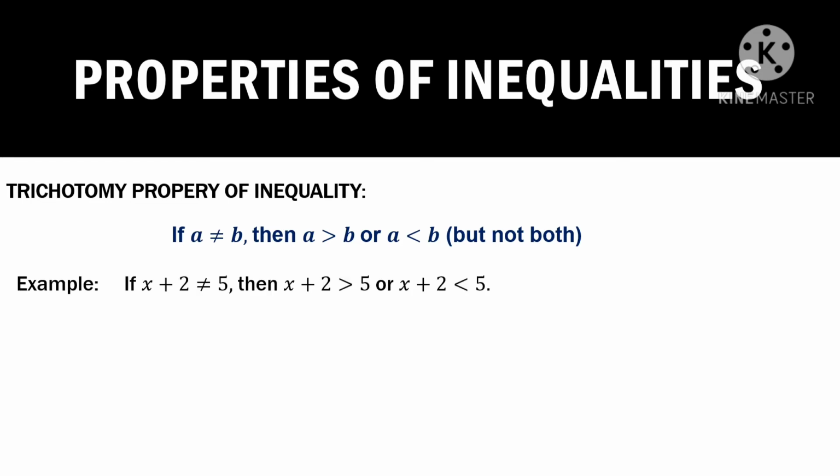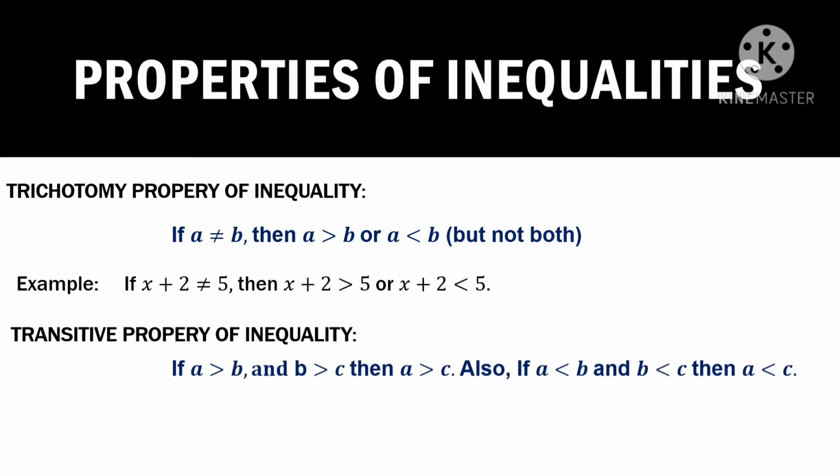So, for example, if you have x plus 2 is not equal to 5, then x plus 2 is greater than 5 or x plus 2 is less than 5. So, yon yung trichotomy property of inequality. Another property is transitive property of inequality. And what do you mean by transitive property of inequality? So, it states that if A is greater than B, kung si A ay mas malaki ang value kay B,